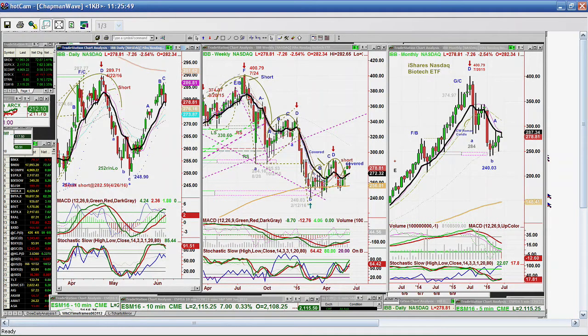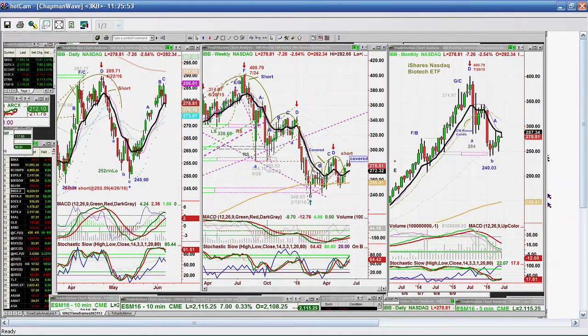So there are a couple of things that have been going on. So we've had the IBB. We've done well with the IBB. We've also had the BIB, which is the 2 times long. We've had the BIS, the 2 times short. When I add them all up, we're just slightly ahead in one and slightly behind in the other. But the IBB is the one that we've had the most success with. And what's really important is I've sort of stepped away now. I'm waiting to short. But I don't know if this is just the time at this particular point,